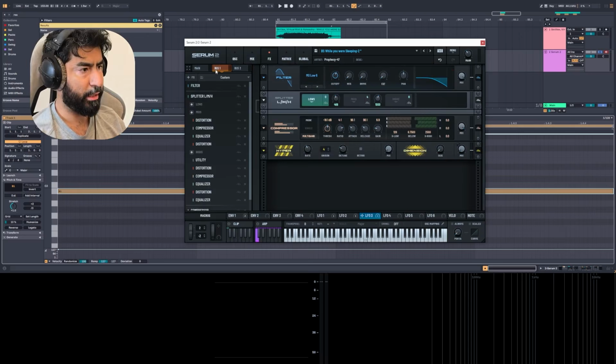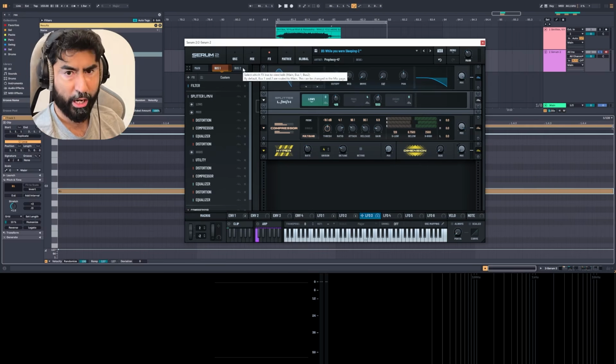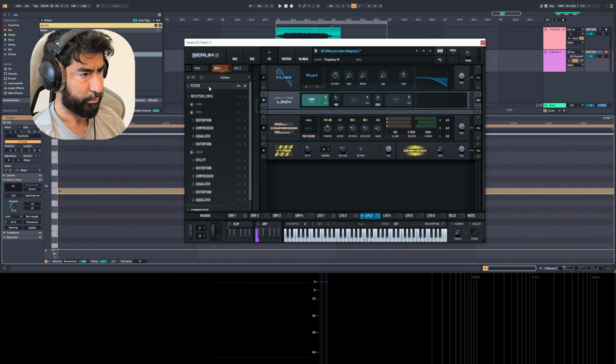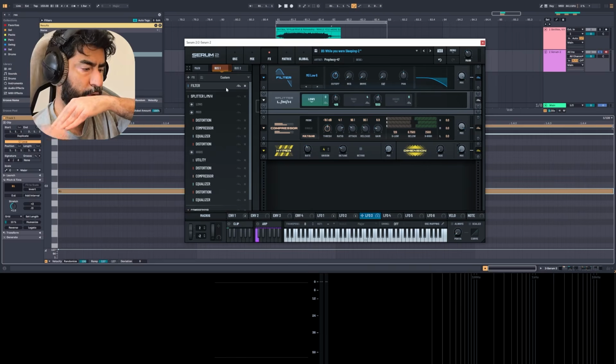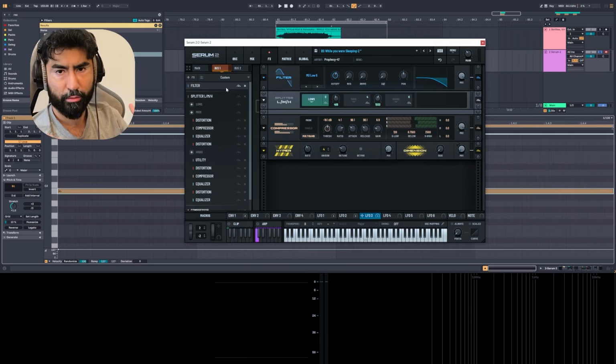So same idea. Again, I tried to separate everything as much as possible. So Boss 2, if you do remember, we did have our sub channel on top of it here. And on Boss 1, what I did was just removing the high end. When you play around with the filter and you have a distortion right after it,